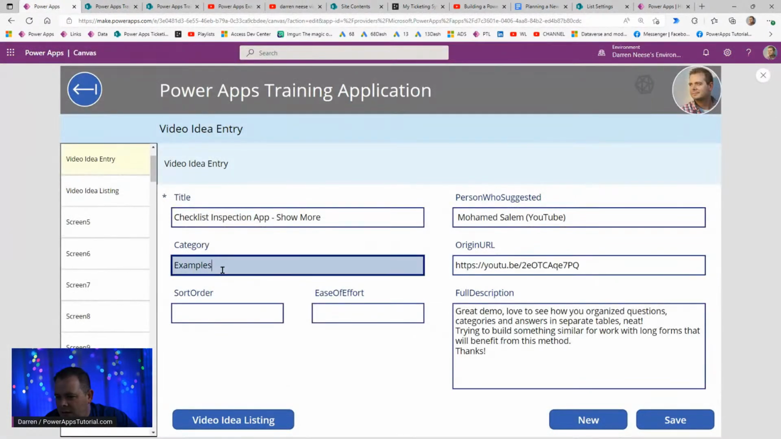Okay, a category example. Okay, so sort order. Great demo. Love to see how you organize questions, categories, answers into separate tables. Neat. Trying to build something similar. Okay. Now, this might be something that